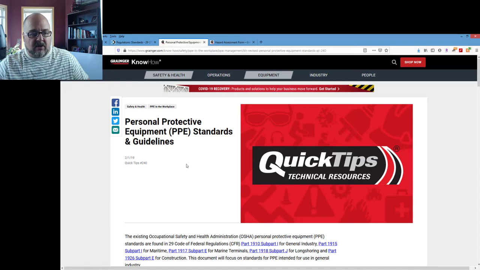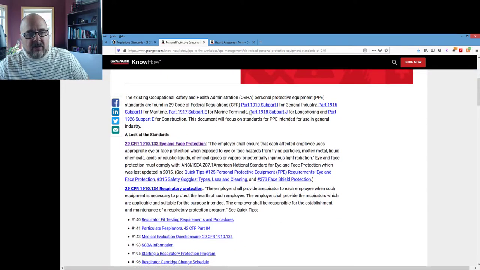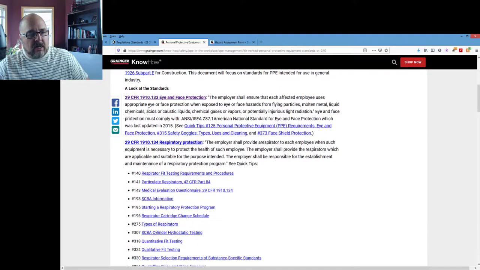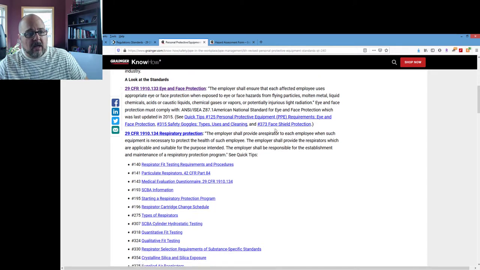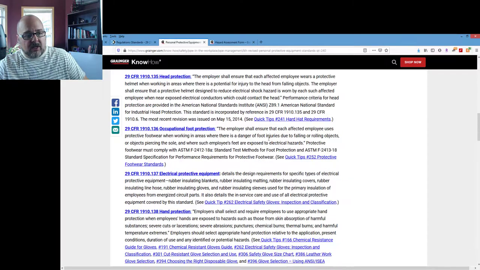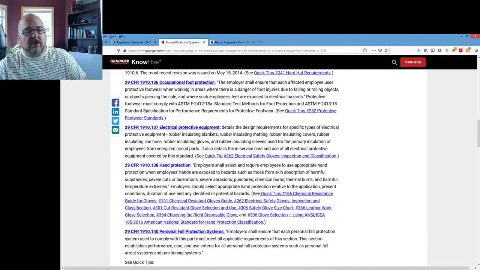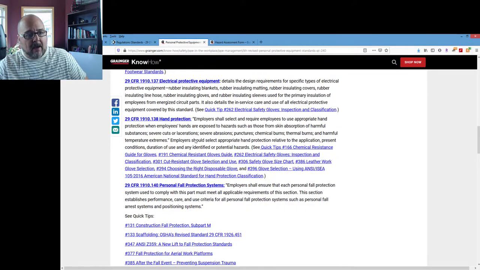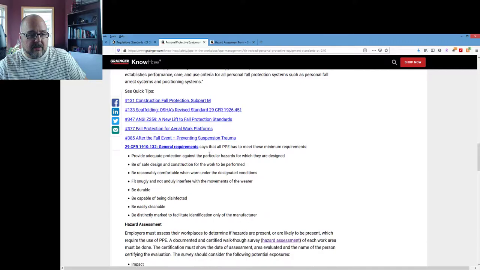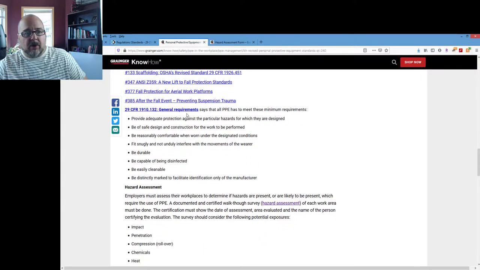So this is PPE Standards and Guidelines. And you can see, you can actually click and go to different parts. They've got information on the eye and face protection. They actually have quick tips just for specific applications. Talk about respiratory protection, head protection, foot protection, electrical protection, hand protection, and personal fall arrest. And then they go in, they talk about the general requirements,